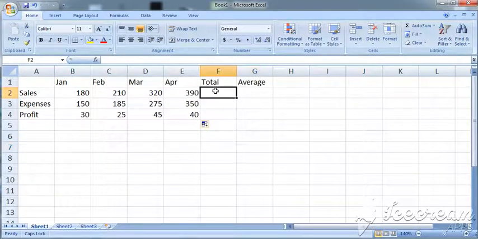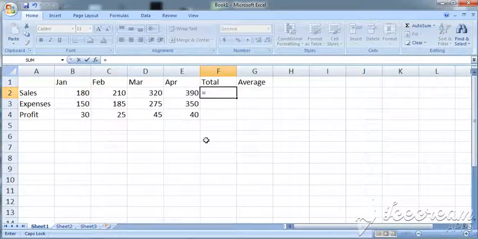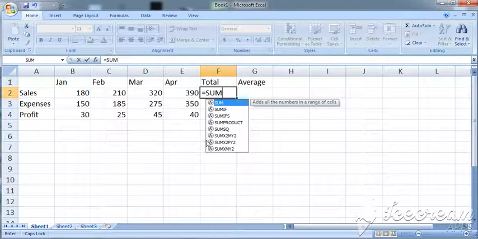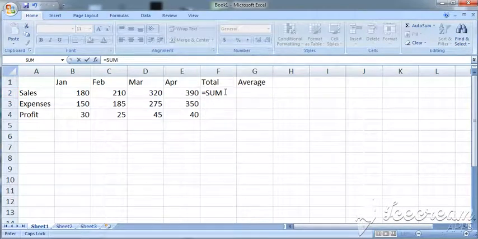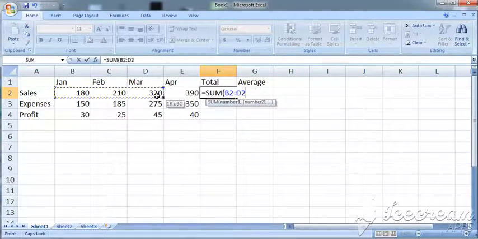And then how can we create a total or a sum formula? Start with is equal to and then type sum, S-U-M. Now start the bracket and then you can write B2, but whenever we are working on a big sheet, it's not easy to write B2, B3. Then what you have to do? Normally select all the cells. So here we get B2 to E2 and then bracket close, then enter.